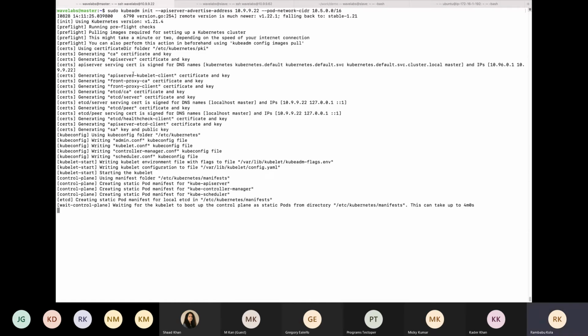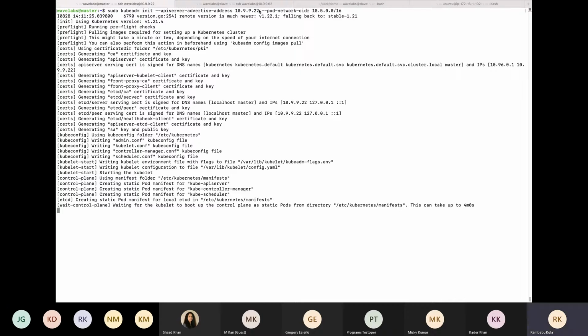It generates all the certificates, proxy certificates, etcd certificates, everything, creates all the files, downloads all the images and starts bringing up the master server: the API server, etcd, everything.